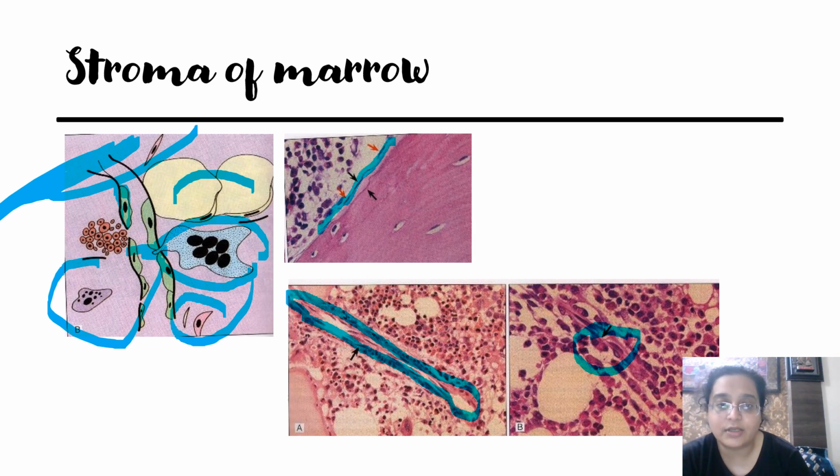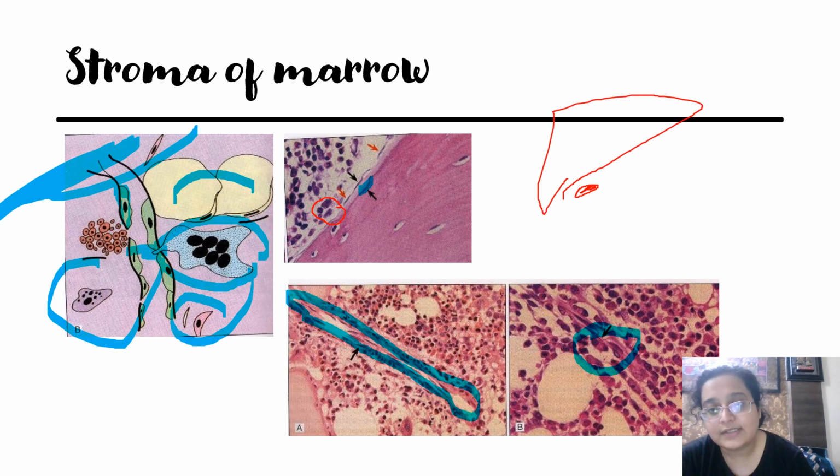These are very narrow, remain stretched out, and also look thick. If the image is a little small, I'll just try and maybe highlight with a thin pen. Look at this thing. So these plump cells, you will see them lining the bone. Supposing this is the bone, okay, so they lie attached to the bone like this. These are osteoblasts. They help in bone formation.